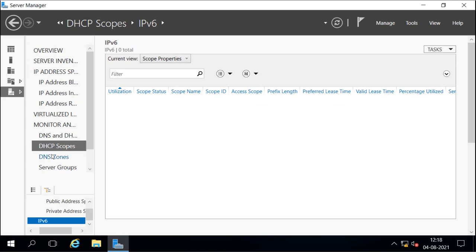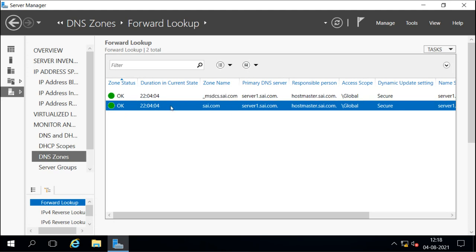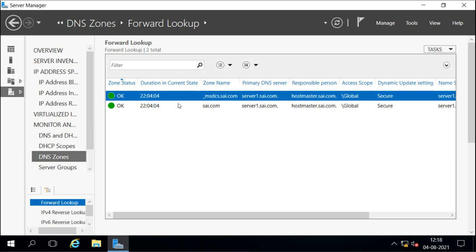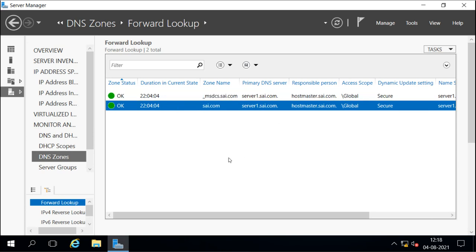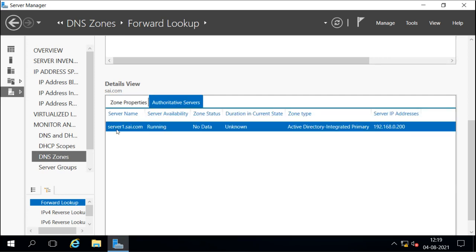Then for DNS, when you select DNS, you will see the DNS zones here. There are two zones, the domain zone and the domain zone site.com, and it is the zone information. When you go down, you can see the information about the zone. This is the zone property, and this is the authoritative server, which is server 1.